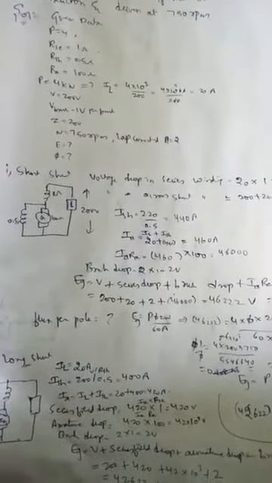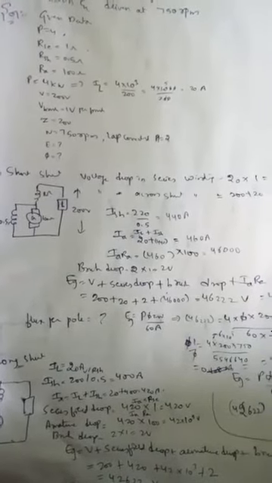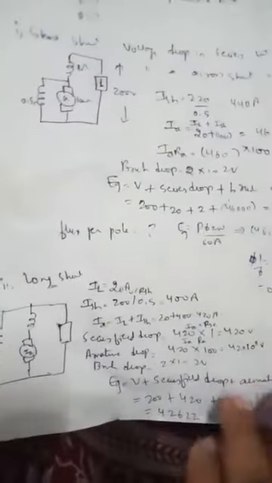So when we are given this, first write the given data, then you draw the diagram of short shunt, write the equations of EG is V plus series drop plus brush drop plus IARA, and flux per pole we calculate by the formula EG is P phi Z n by 60A. So substitute all the values, that is EG we have calculated from the above equation, and substitute all the values in this equation. So you are going to get the flux per pole value also. Then similarly do it for long shunt also. Draw the diagram, write all the equations, find out the value of EG first, then find out the value of flux per pole. So students, in the next section I am going to say the remaining answers.